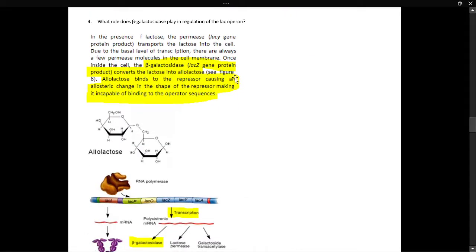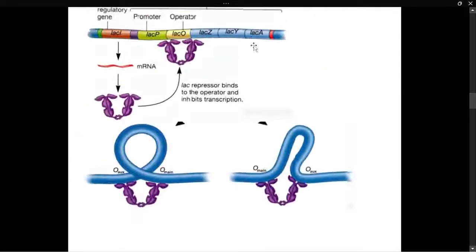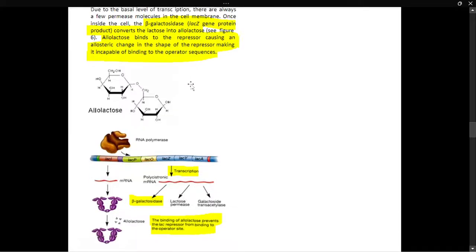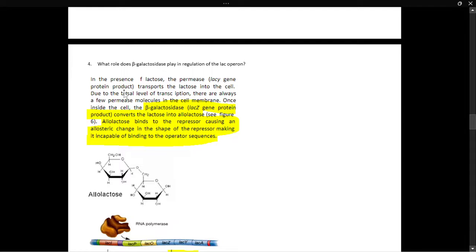Question 4. I forget. Oh yeah, back to question 3. Negative. Question 4. What role does the thing play? It's a promoter. It's a promoter. Well, as you're gonna see why later, but in the presence of